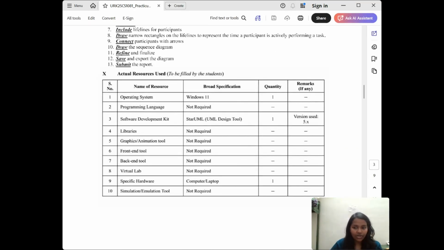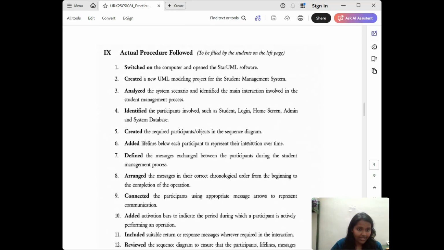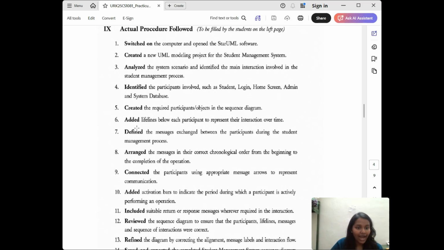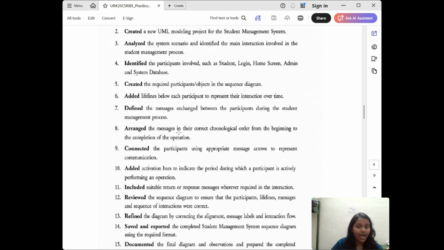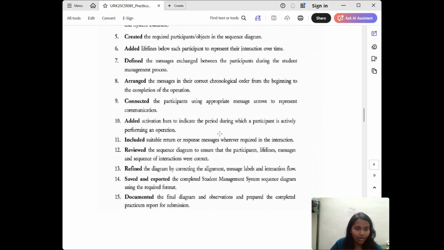This is the actual resources used, and this is the actual procedure followed. We'll be using different participants, creating the objects and the relationships for the required participants in the sequence diagram, adding the lifelines, and defining the messages which are exchanged. We'll arrange them in the correct chronological order from top to bottom, and add the activation bars to indicate the period during which a participant is actively performing an operation.